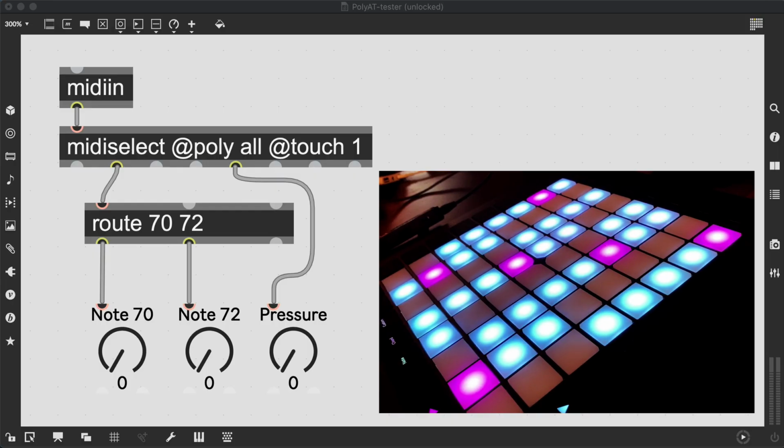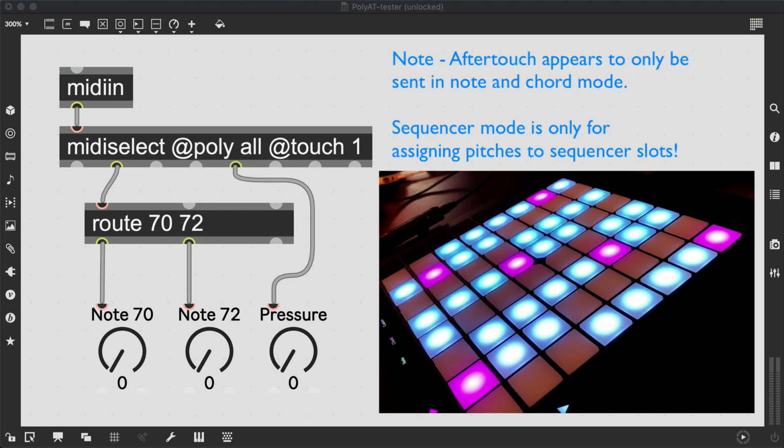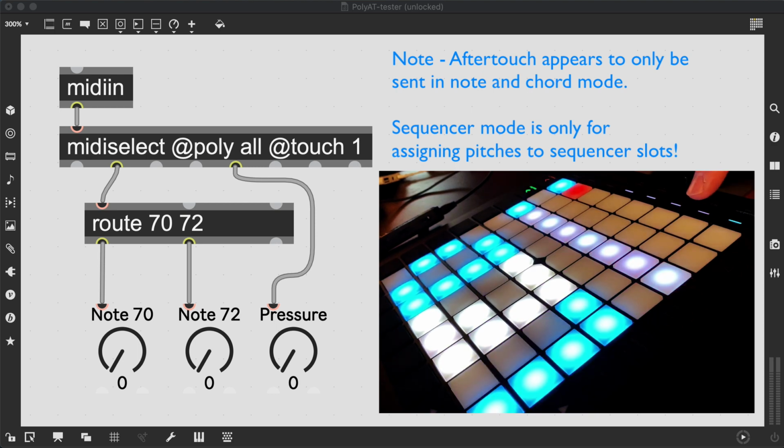Hey there, here's another quick video with regards to the Launchpad Pro's polyphonic aftertouch and just regular channel pressure aftertouch. There was some confusion around whether it's working, whether it's coming in a firmware update, etc. The poly aftertouch stuff has actually been around for a couple versions of the Launchpad, so it should be working in this one. The one thing you do need to know is you need to go into your setup menu,